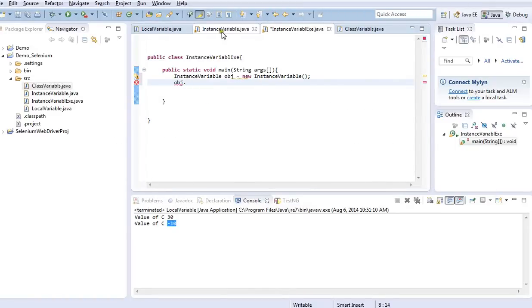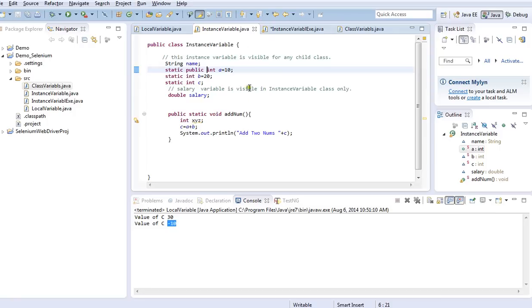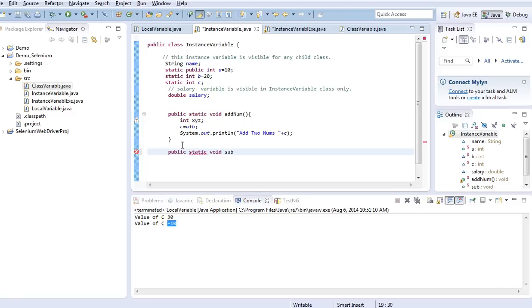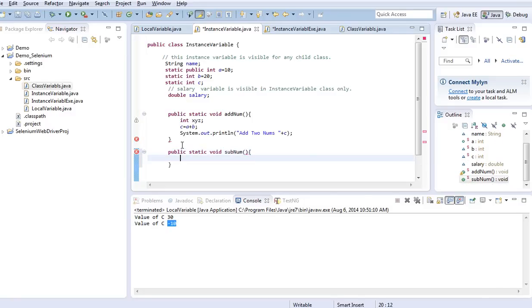What it means is, here in the class called InstanceVariable, I can create one more method. Let's say public static void, this time I will say subNum. If I want to use already defined variables such as a, b, c, I can still use them without declaring them.